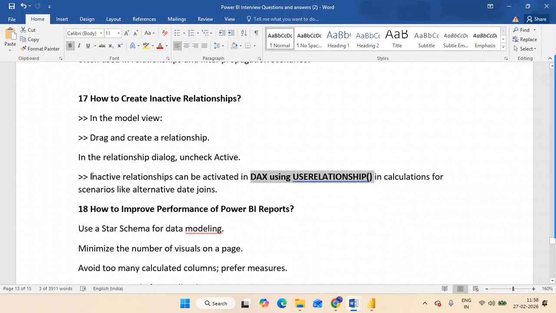So whenever you have three or four tables, and you connected two tables with an active relationship, and you created another relation that is inactive, to make that relationship work accurately you have to create a DAX calculation using the USERELATIONSHIP function, giving the column names.